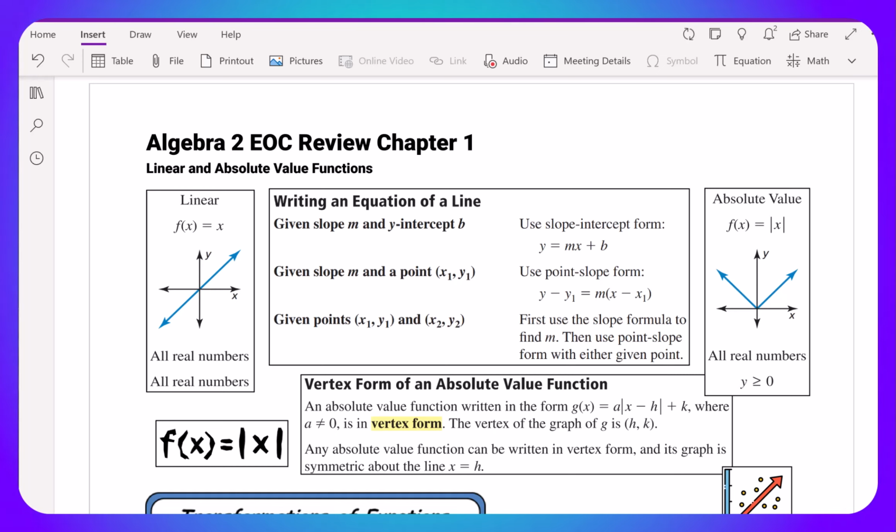Hello everyone, this is the Algebra 2 review for Chapter 1, and we will be covering linear and absolute value functions. So one thing you need to consider when you're watching these review videos is that I